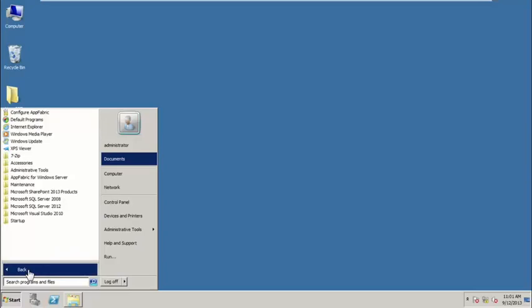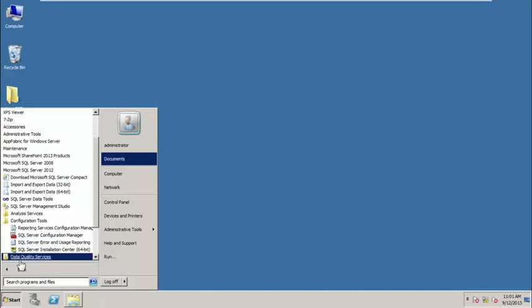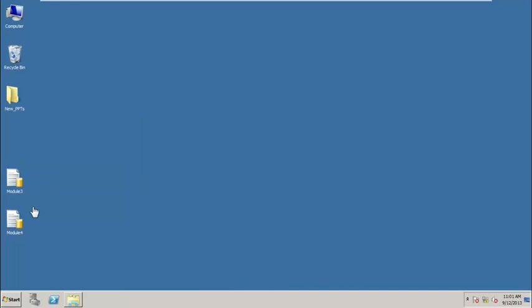We're going to go into a demo here, and let's go into our Contoso database. If you've gone to any Microsoft class, you've heard the term Contoso. I'm going to go to Start and All Programs, and in here you're going to see that I've got Microsoft SQL Server 2012. You'll see I've got SharePoint installed. I'm going to go ahead and expand on that. You'll see we have several tools we can use in here. We have configuration tools. If I expand on that, that's where we can find some configuration options. The one we're most concerned with, the one we're going to spend the rest of today in, is the SQL Server Management Studio.